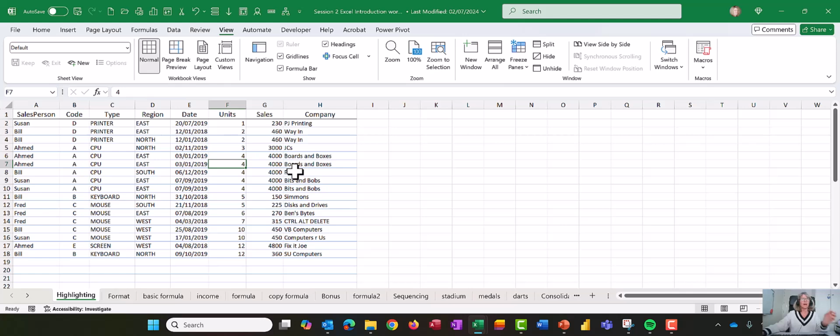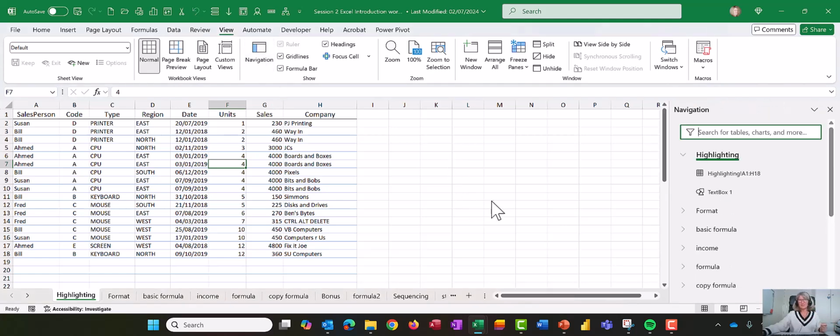And then to switch it off, you just click on the same button and that switches it off. The other one, I've mentioned this one before, but it's so useful I think it deserves a second mention. It's also on the View tab and it's the Navigation pane. So if we click Navigation, it will bring up the Navigation pane on the right hand side. Now this is much more than when we scroll along the bottom and just look at the sheet names, because what the Navigation pane is doing is showing us not only the sheet name,